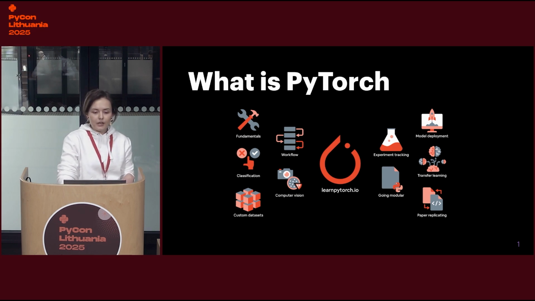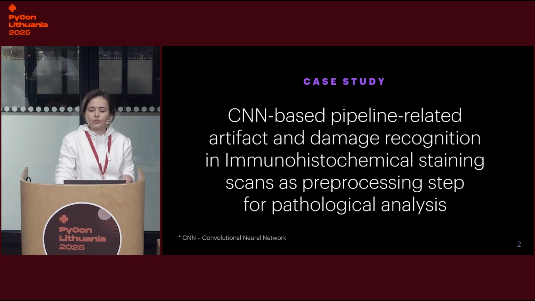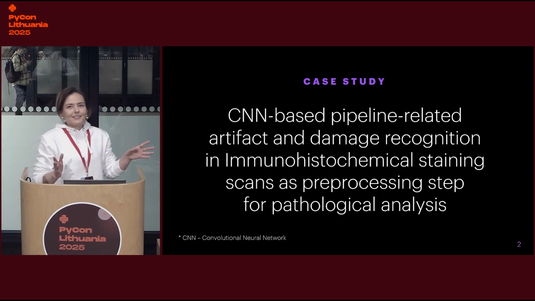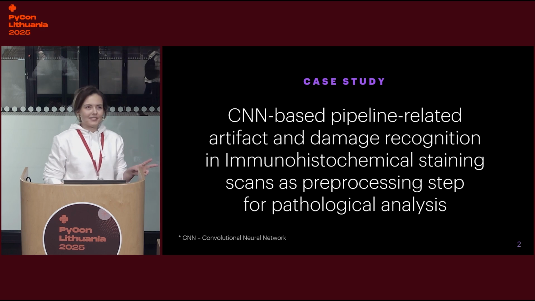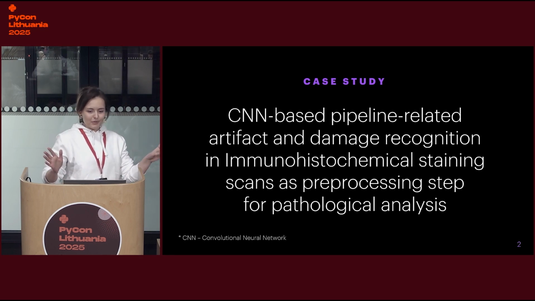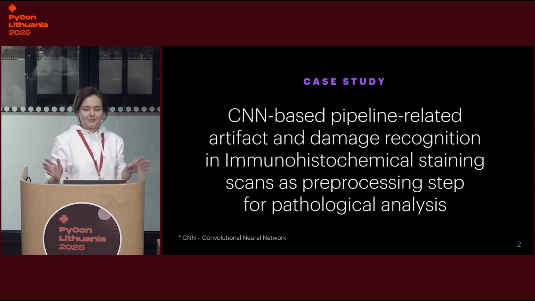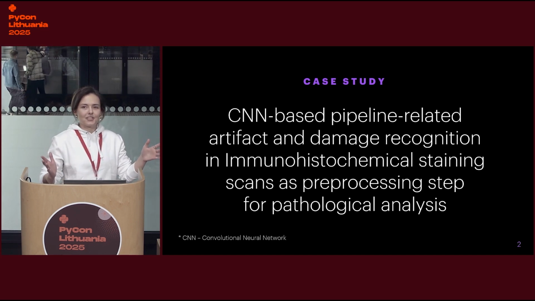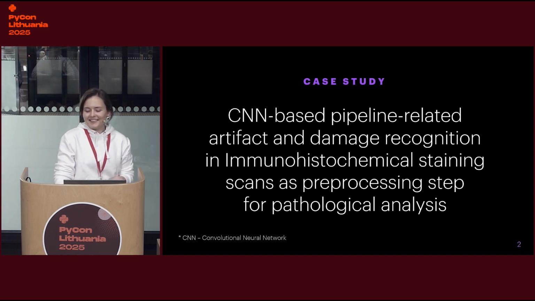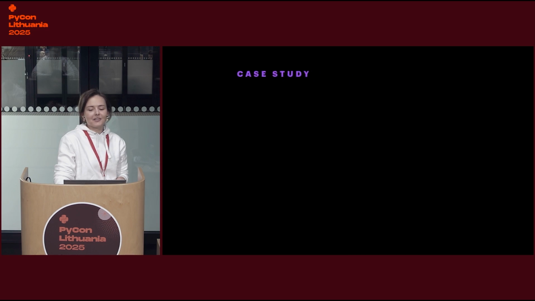So today, I would like to share with you the use case I had and the lessons I learned on the way. So from the title, you can kind of say it was a research paper more than a development project, and it took me 2 business days to remember it by heart, so bear with me. The title is CNN-based pipeline-related artifact and damage recognition in immunohistochemical staining scans as preprocessing step for pathological analysis. I know it's complex, so I suggest